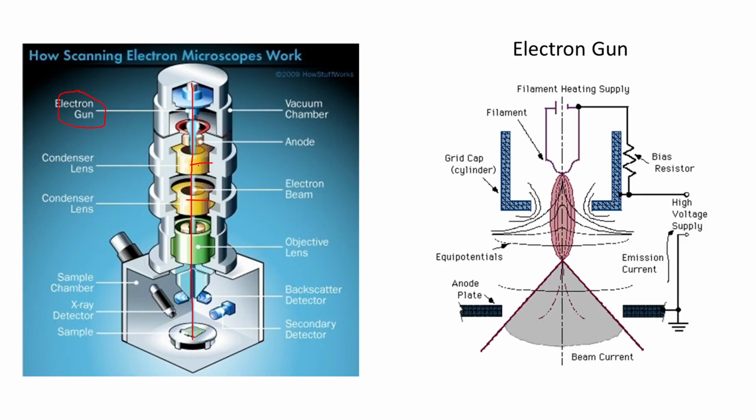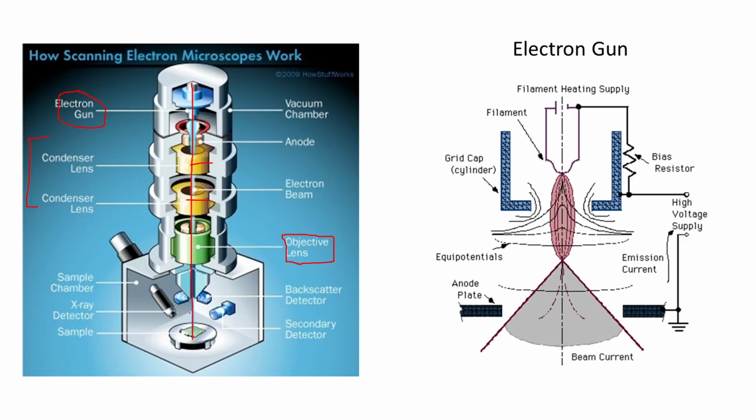There could be multiple condenser lenses, but the objective lens is always the one which is just above the specimen. Just keep this in mind. You can have multiple condenser lenses, but the objective lens will be only one, which will be the lens just above the specimen. Then this electron beam will pass from the condenser lenses followed by the objective lens,